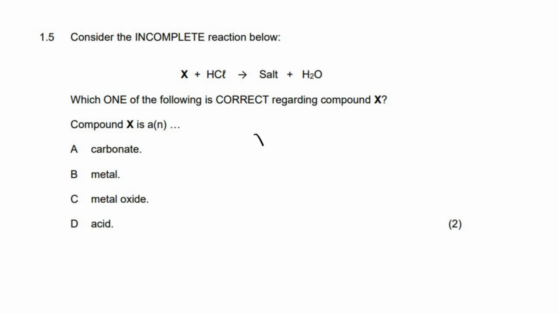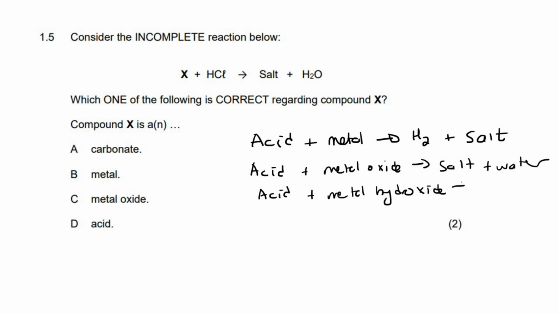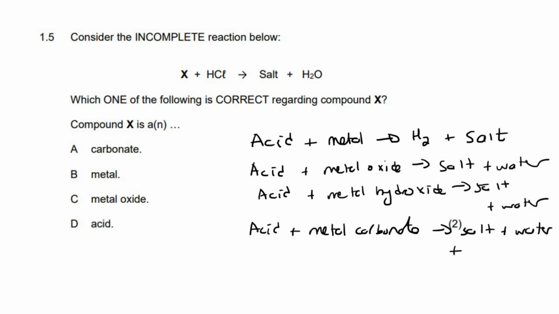We've got an acid plus a metal. If it's just a metal, then we should know from theory that that gives us hydrogen gas plus a salt. If you have an acid plus a metal oxide, then it gives you salt and water. If you have an acid plus a metal hydroxide, then it also gives you a salt and water. And then if you have an acid plus a metal carbonate, then it gives you a salt, water, and carbon